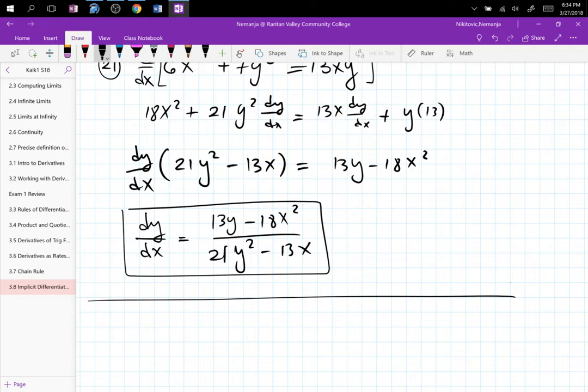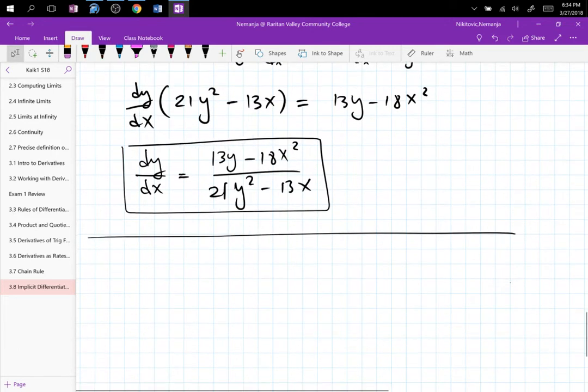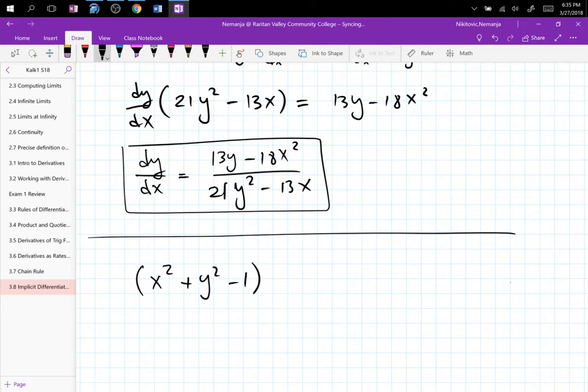All right, the next one. Now, this is going to be trickier. Open parenthesis, x squared plus y squared minus 1, everything raised to the third power, minus x squared y cubed is equal to 0. Let's see the derivative of